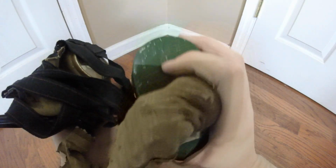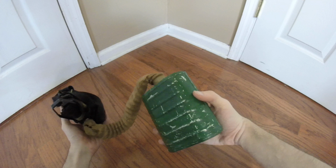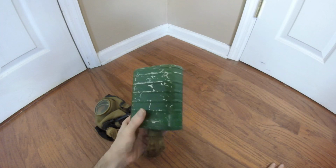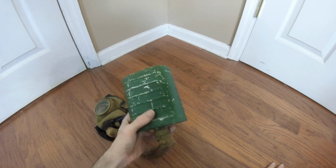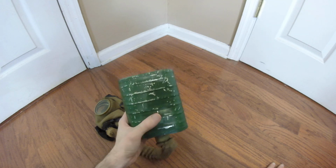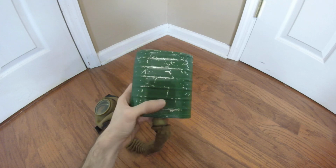You can see that it's stamped L right there, which is very interesting. I did not know that there was a Type L canister, and to the untrained eye, this would just be a normal Type J canister. I believe that I need to look into it more, but I believe the Type L here is a bit heavier than the Type J, which means that they did probably have more filtering ingredients inside than the Type J,